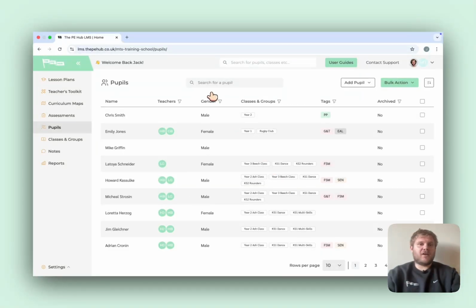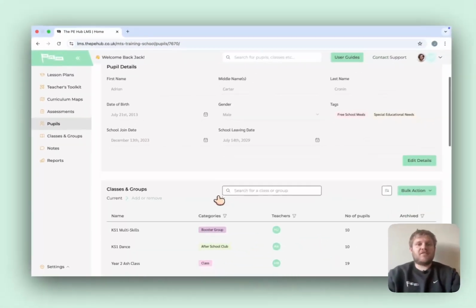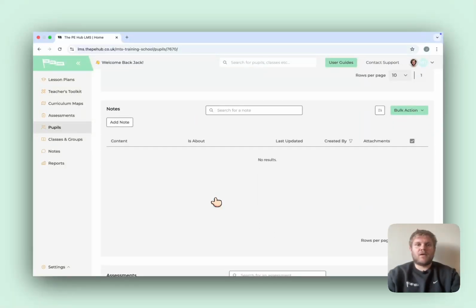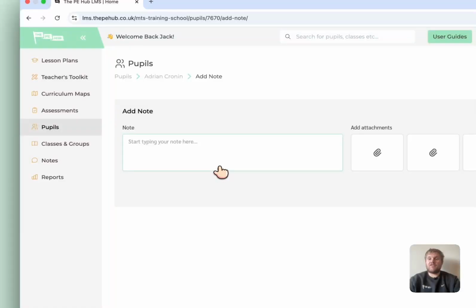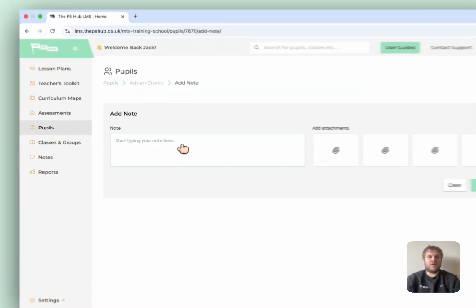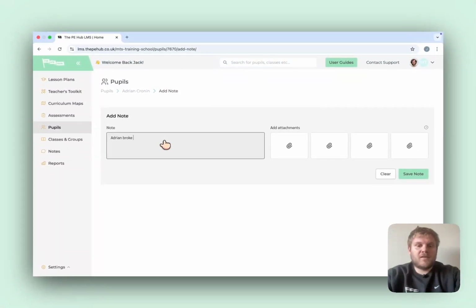To do this, I'm going to click on the pupil profile. So I'm going to click on Adrian down here. I'm going to scroll down past his details and the classes and groups until I find the notes section. To add a note, I'm going to click here. And again, we're presented with this screen. So this time I'm just going to have a text note. So I'm going to put in here that Adrian broke his arm, so was unable to do PE